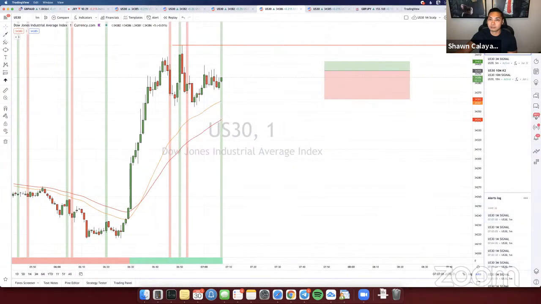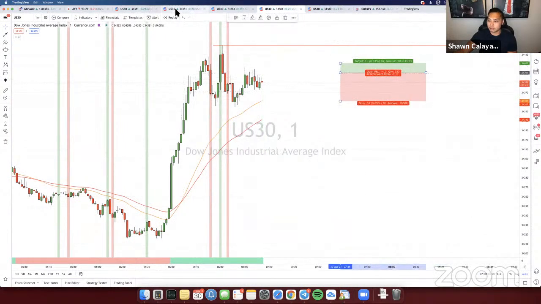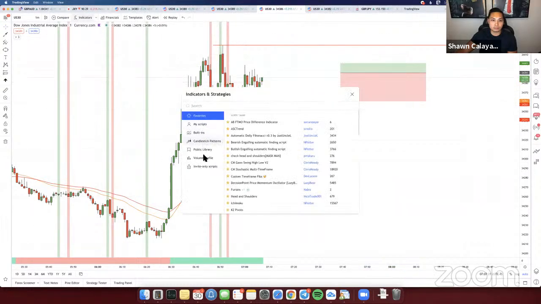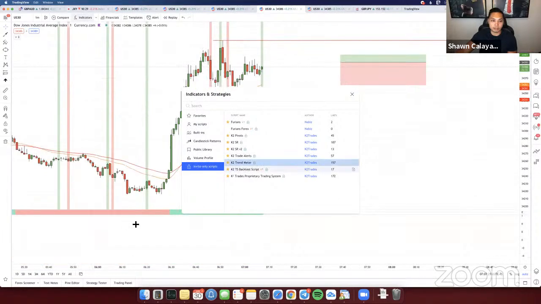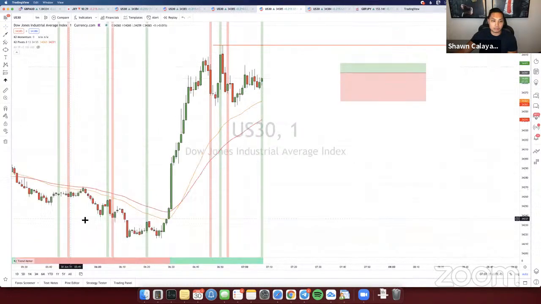Pending scalp right here. We got 50 seconds. Let's see. Arthur said, Shawn, how do you set up the trend meter? So in order to set up the trend meter, you just click on indicators right here, go to invite only scripts, and then click on K² trend meter right there. I already have one on my chart, so it's already there. So I'll just delete the extra one. But once you have this on your chart right here,